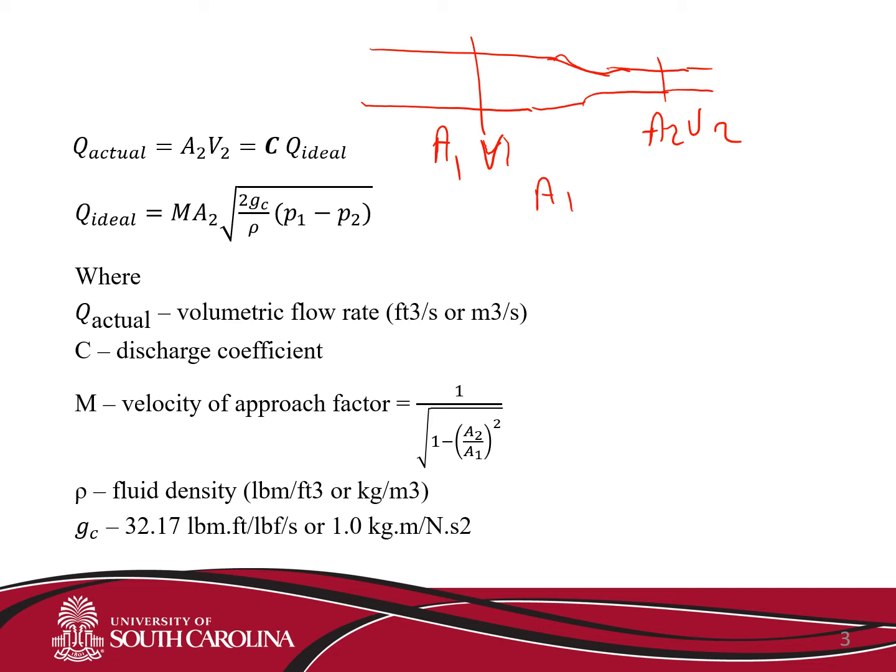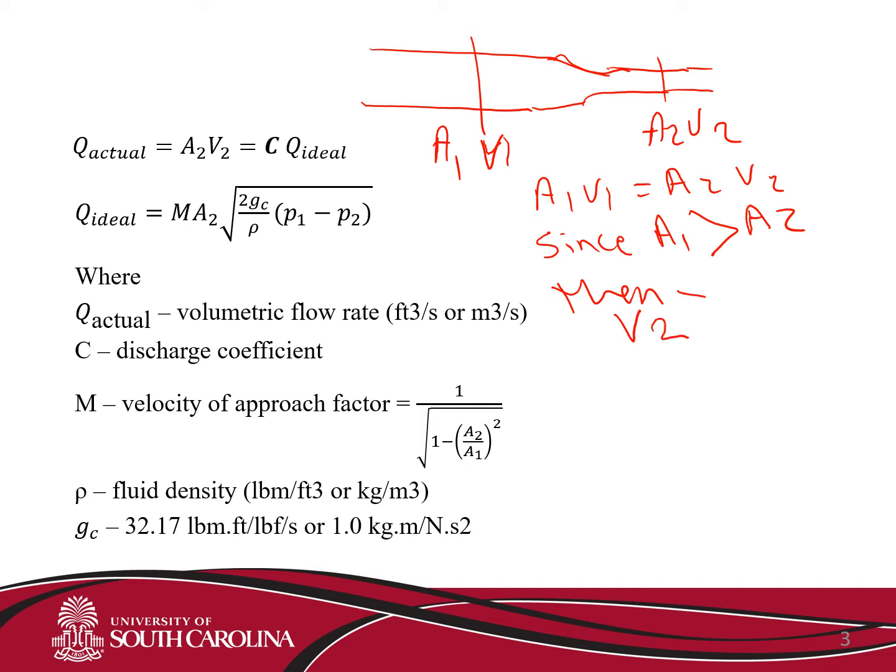So A1 V1 equals A2 V2. Since A1 is more than A2, then V2 is more than V1. And with the Bernoulli equation,